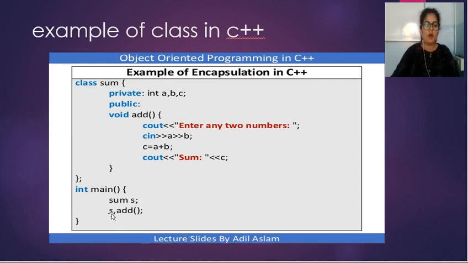S is the object; s dot, you always have to use dot. S dot the name of the member function, add, and then close the curly bracket. When you write s dot add, it will call the function add, and then it will ask you to enter two numbers a and b. You enter the values of a and b, and it will transfer the result to the variable c, and it will print the sum in the variable c.